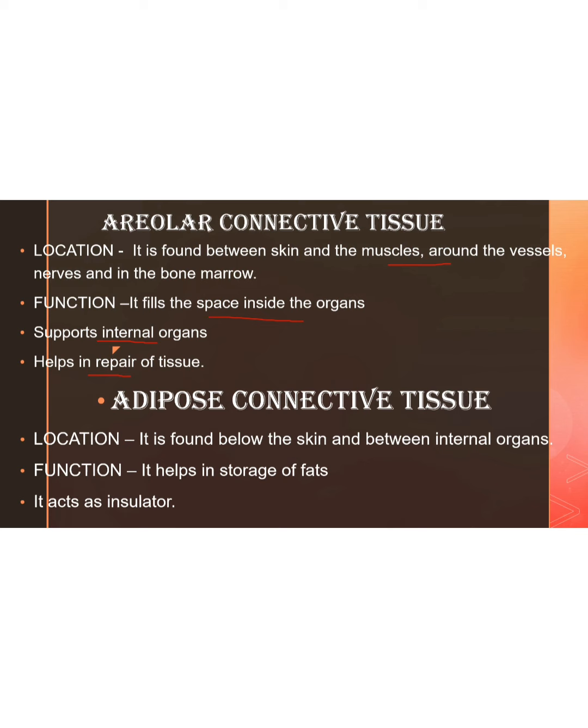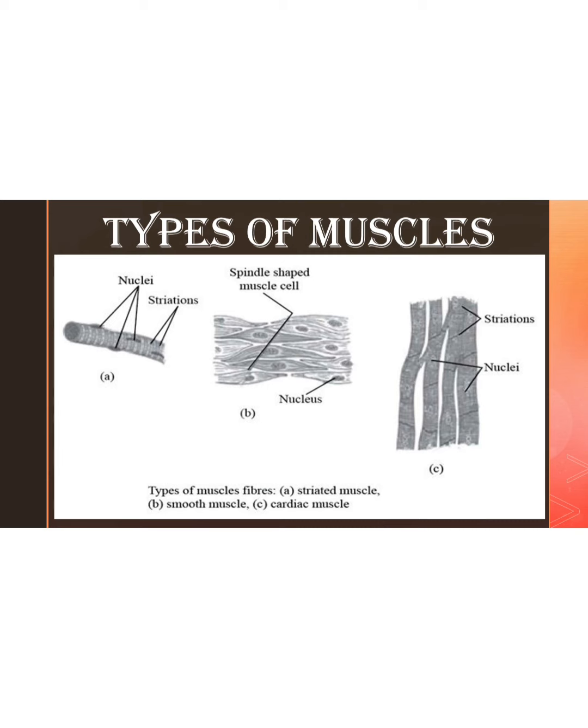Next is your adipose connective tissue. This adipose is found below the skin, helps in storage of fat and also acts as an insulator. Okay, so we have completed all the 7 different kinds of connective tissue, and now we'll proceed to the different